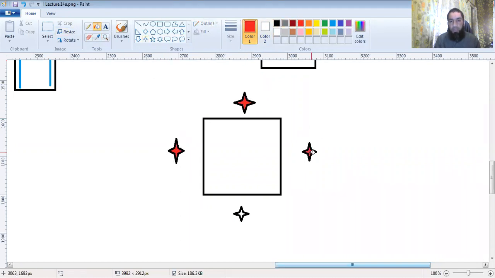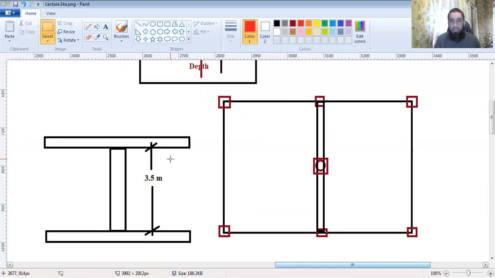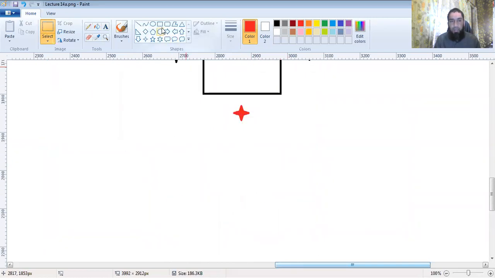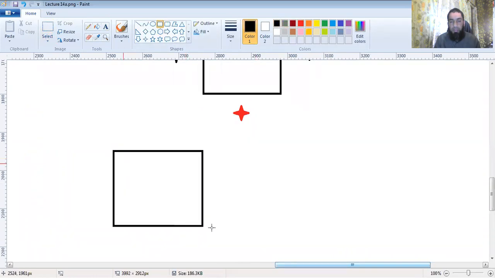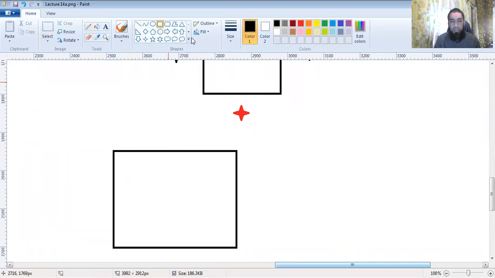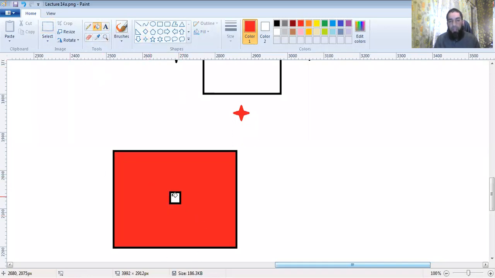Now, when would this be the case? There is fire on all four sides. When would this be the case? This would be the case, for example, if this is a central column in the hall, and there is a fire all around the hall. Then this column would be totally exposed on all four sides to the fire.